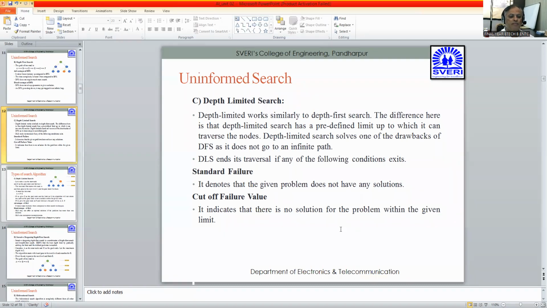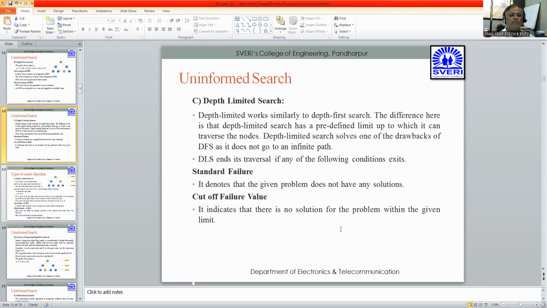दूसरा है कट ऑफ फेलियर वैल्यू, it indicates that there is no solution for the problem within the given limit. उस लिमिट में उसका कोई सॉल्यूशन नहीं है। अगर ये दोनों में से एक भी कंडीशन वो फॉलो करता है तो वो एंड हो जाएगा, that means DLS will end its traversal if any of the following conditions exist. अगर वो दोनों कंडीशंस एग्जिस्ट होते हैं तो वैसे भी वो टर्मिनेट हो जाएगा।